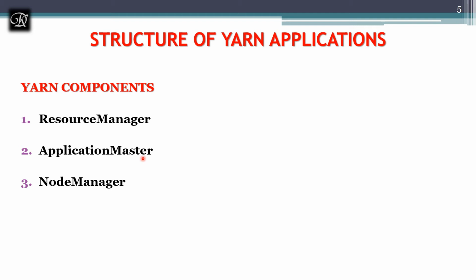The application master in the Yarn framework is a specific library which negotiates the resources from the resource manager and works with the node manager or managers to execute and monitor the containers and their resource consumption. Now I'll just list out all the tasks which are done by the application master. We have seen more about the application master. I'm just going to list them out.